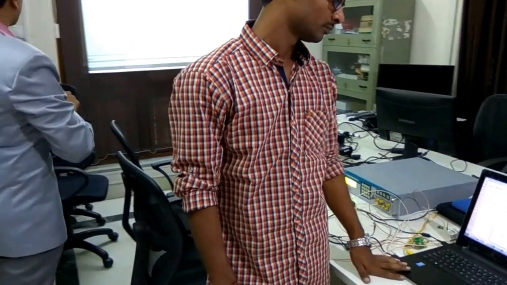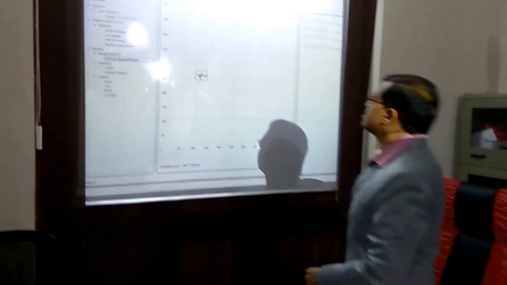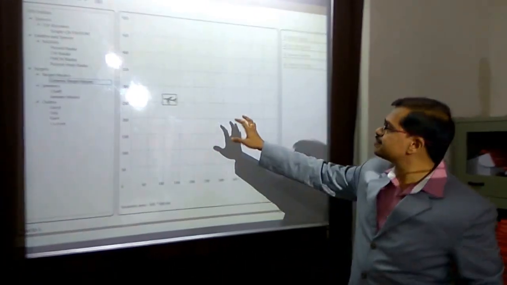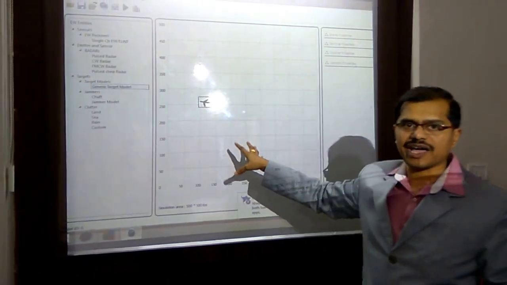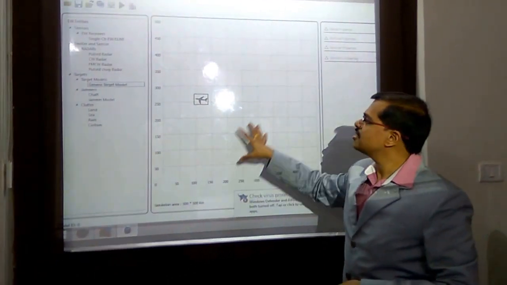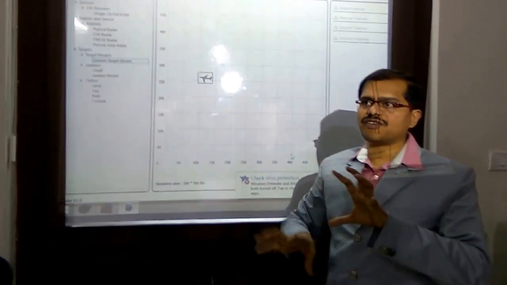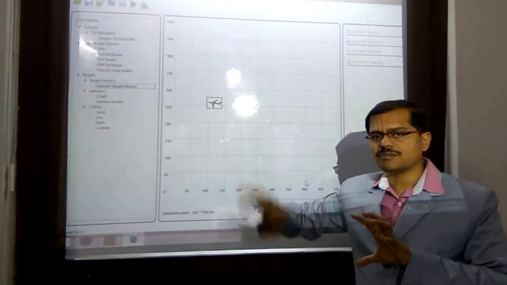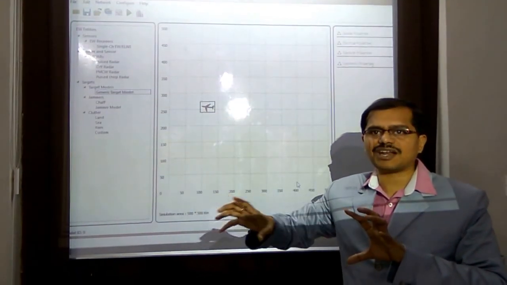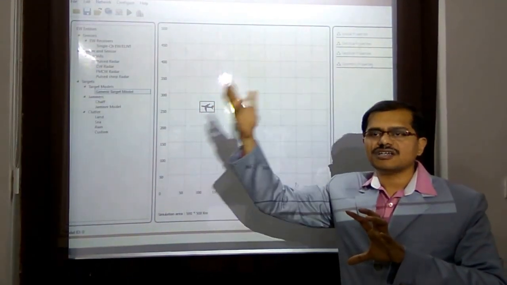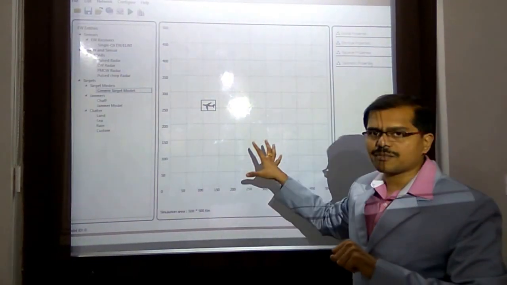Now this is the computer screen, the GUI of the radar target simulator, which I'll be operating. This radar target simulator is one among the multiple products that we have in radar applications. The purpose of this product is, when a radar needs to be tested for different target scenarios, multi-target, or targets with practical effects such as swirling models, RCS fluctuations, and jamming, this product becomes useful to test your radar.